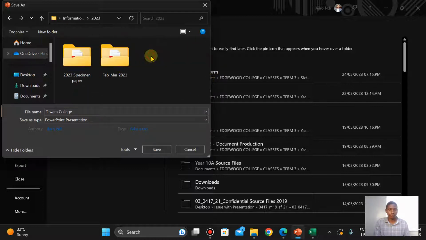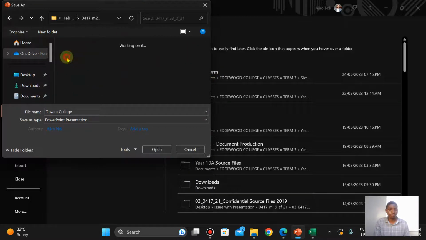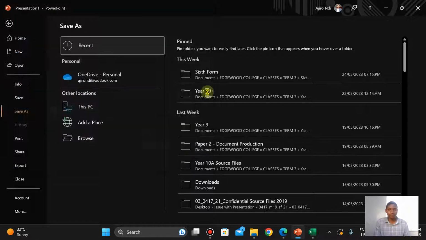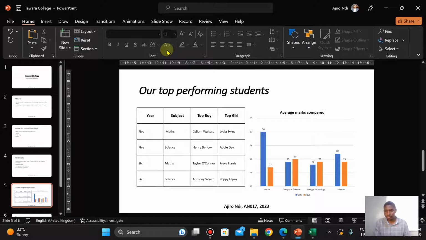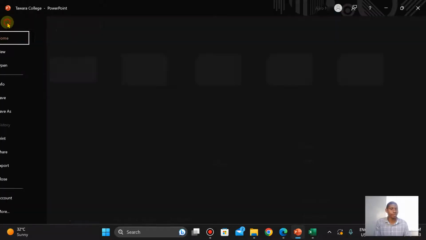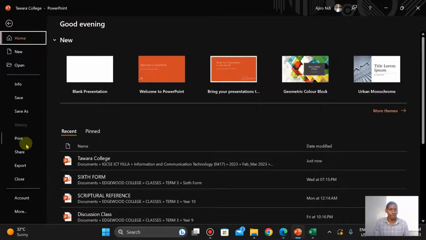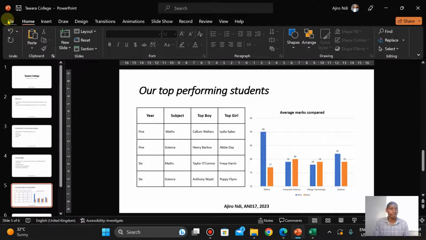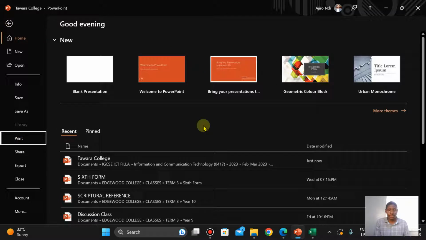Okay. Now I can save it. It's fine. And I'm going to save this. So it's saved. Then I'm going to click on print. So I went here to click on file, click on print